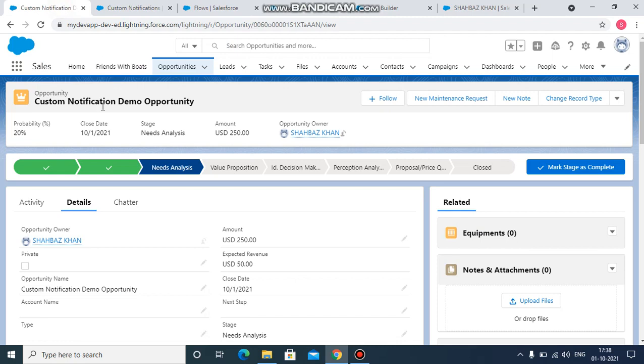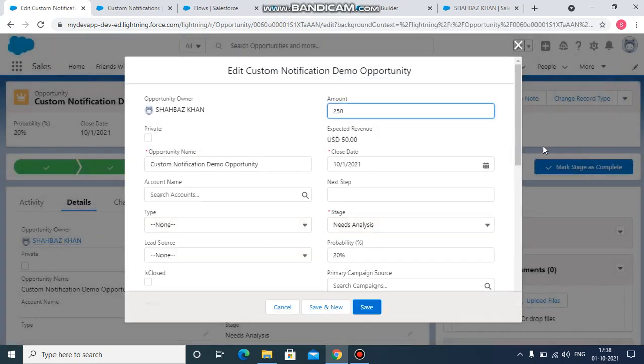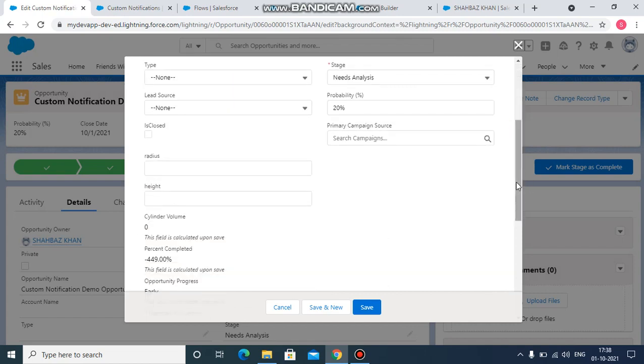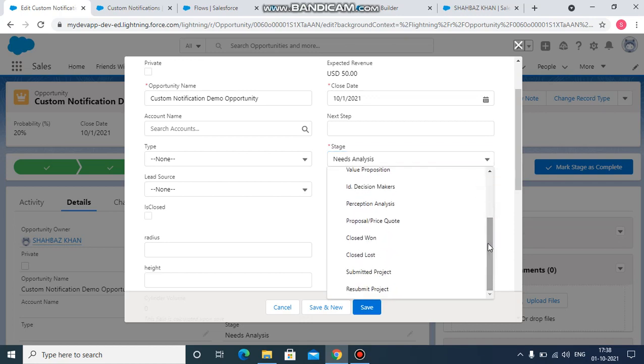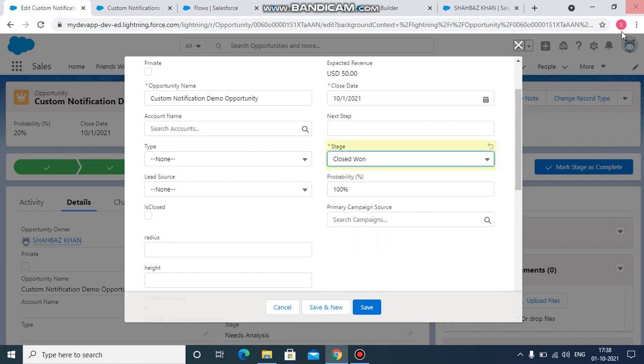Let's check how it functions. Suppose this is my opportunity, and currently it's in need analysis stage. I will just edit this and mark it as closed. Closed one. Now notice, you do not have any current notification. Otherwise there would have been a red numbered symbol showing that you have one or two pending notifications. As soon as I save this record,